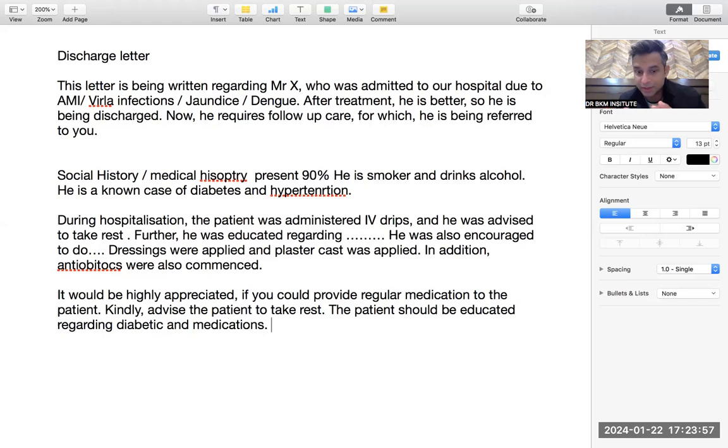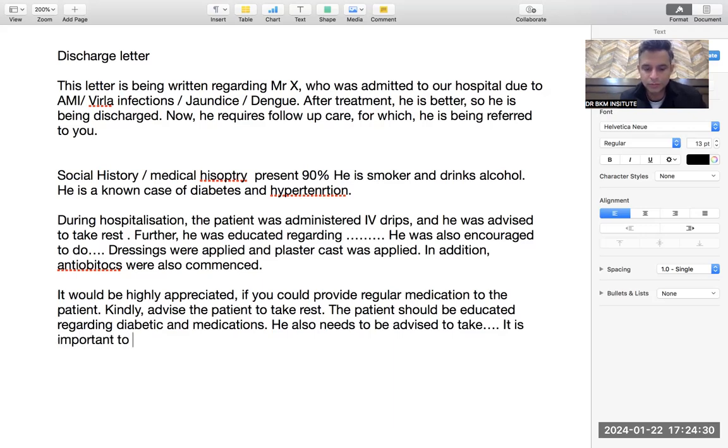So this is the grammar. And last, he also needs to be advised to take whatever. What I am teaching you is grammar. So marks are for this. It would be greatly appreciated if you could. The patient should be educated. He also needs to be advised. Simple sentence of kindly. If there is a fifth line, you can also say it is important